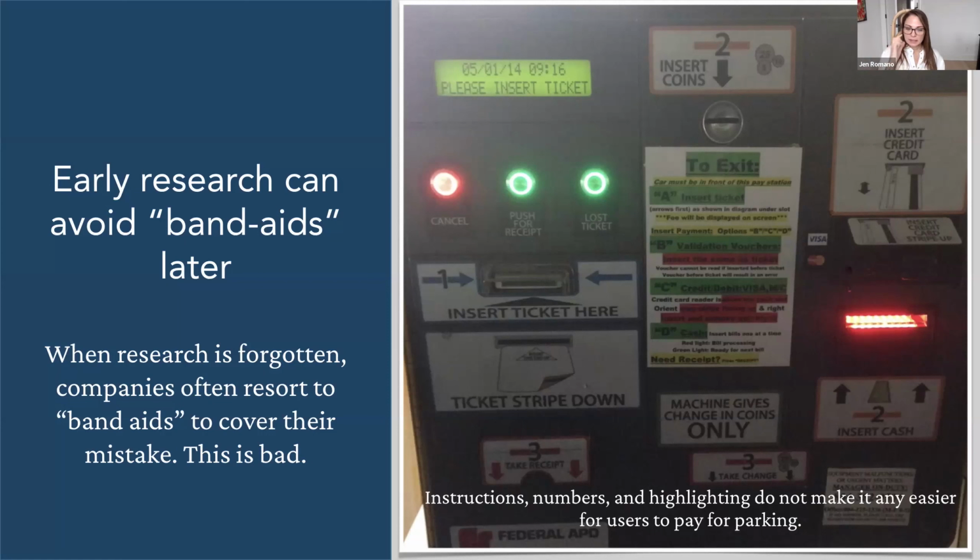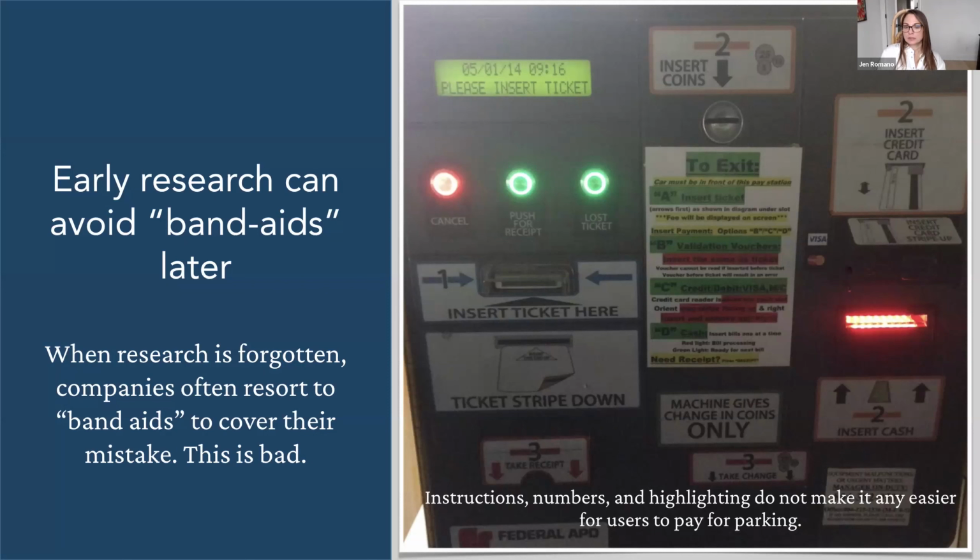So what happened here is the company had to use these Band-Aids to make this product more usable and intuitive, if you will, to users. But I don't know about you, all the Band-Aids in the world here, all the instructions aren't helping to make this a better product. And you can see they tried a number of things. They've added numbers, they've added additional instructions, they've added highlighting that corresponds to A, B, C, D. You know, it's just like a great big mess here, but it certainly didn't make it any easier for people to use the product, which in this case, it's a pretty straightforward thing. It's paying, sticking the ticket in, paying for parking, so then you can leave the parking garage,